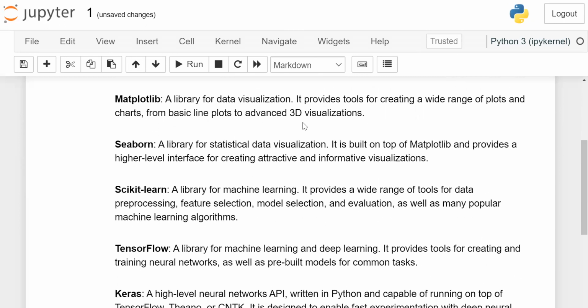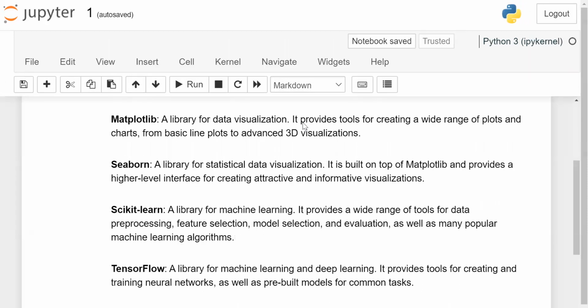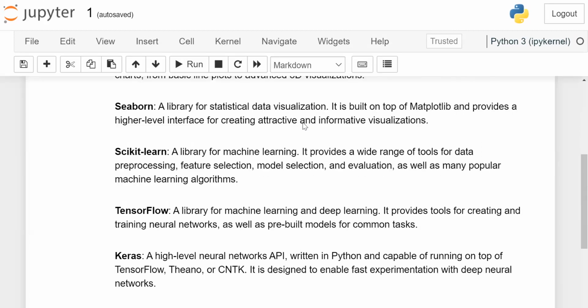Fourth is Seaborn, a library for statistical data visualization. It is built on top of Matplotlib and provides a higher level interface for creating attractive and informative visualizations. Next is Scikit-learn, a library for machine learning. It provides a wide range of tools for data pre-processing, feature selection, model selection and evaluation, as well as many